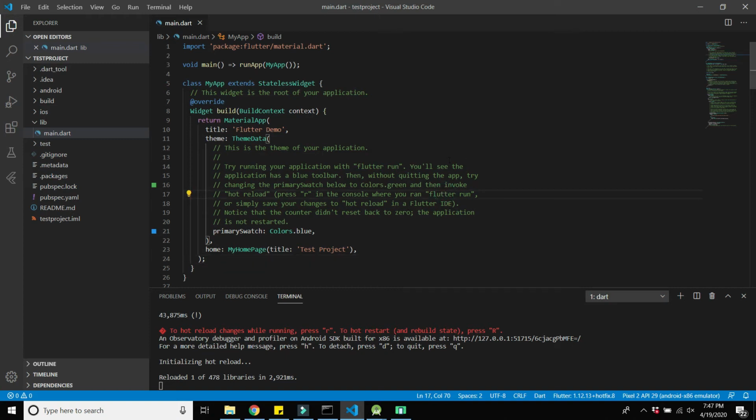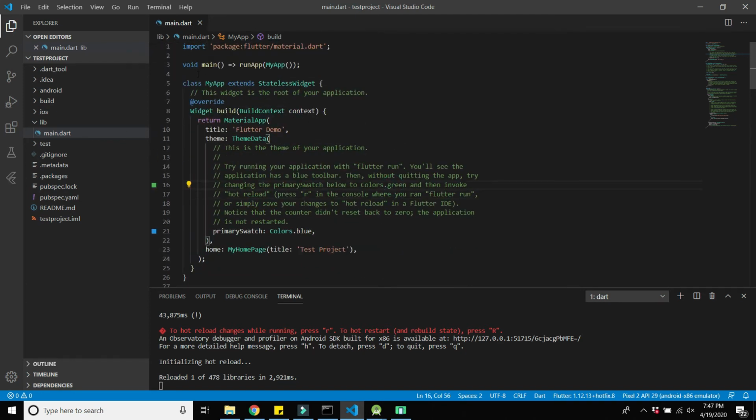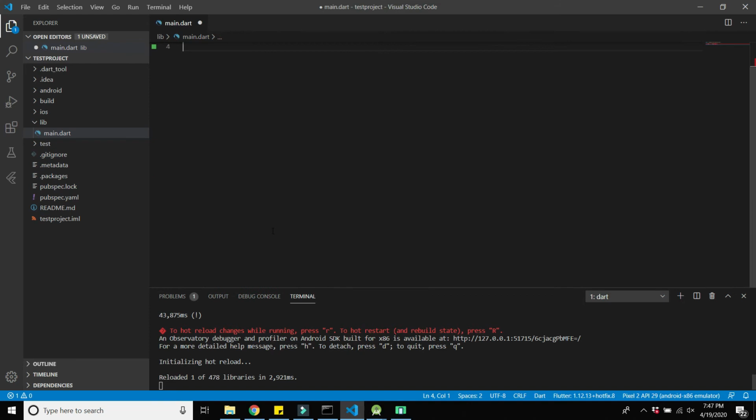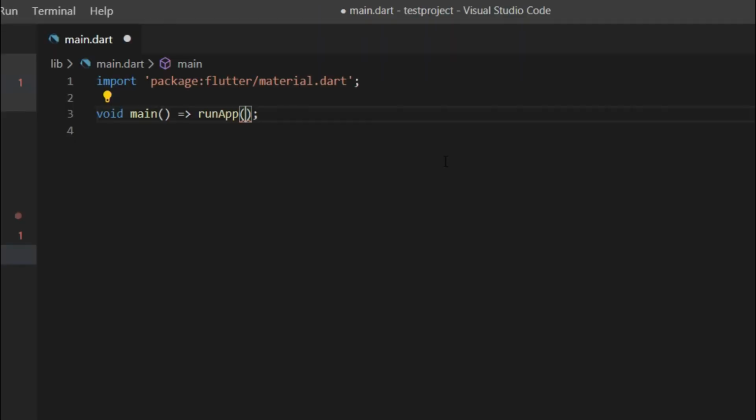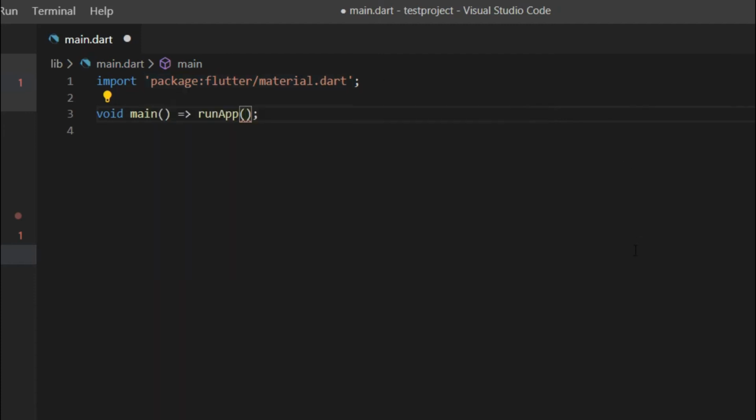So here you can see a lot of messy stuff in this test project. So I will delete all of these things. So now I almost delete all these messy stuff from this Dart file. So now I will write some Hello World program here in this file. So here you can see I have imported the package flutter material.dart file. So it has almost very important widgets that we will use later in our course. To include that widgets, we just have to import that package.